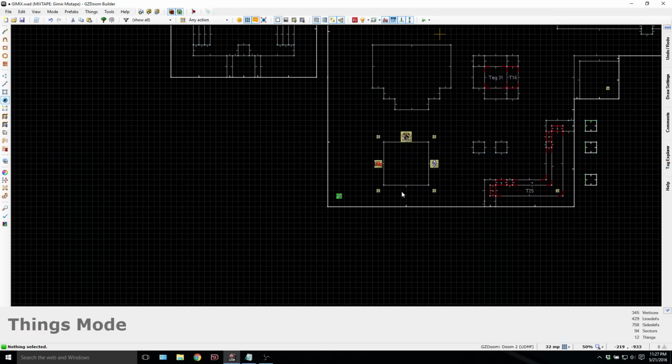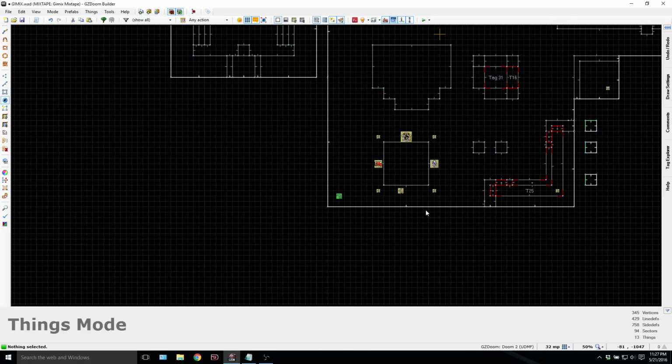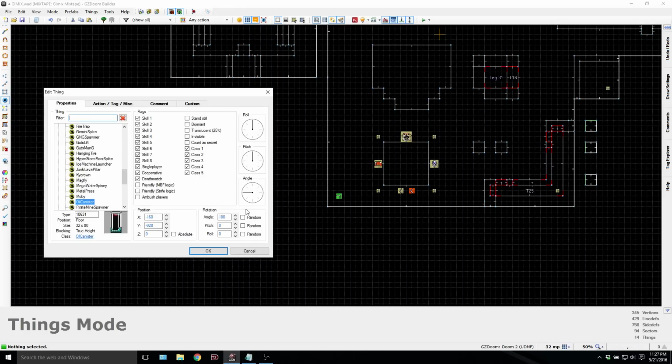Anyways, the next interactive platform I'm going to show you is the oil canister. Now, the oil canister is seen in maps such as MM1 Oil Man, or basically any fire type map that loves to have fire weapons scattered about. And what this does,